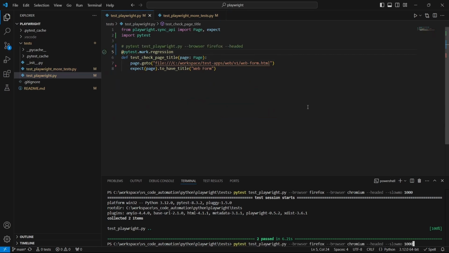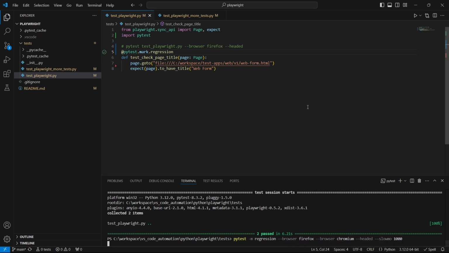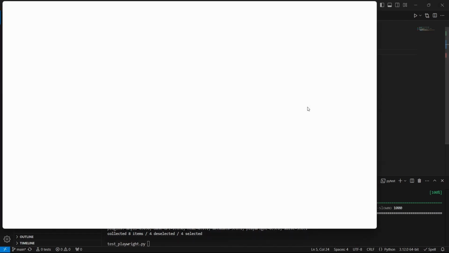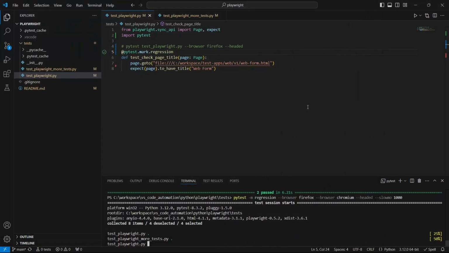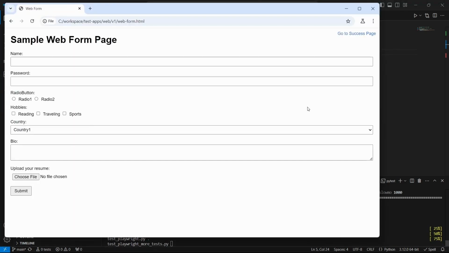So go to the terminal and here remove the part with the module name, and use the -m option followed by the marker name. Hit enter and as you can see the tests are running. We have 4 runs because we have the 2 test functions and each test was set to run on Firefox